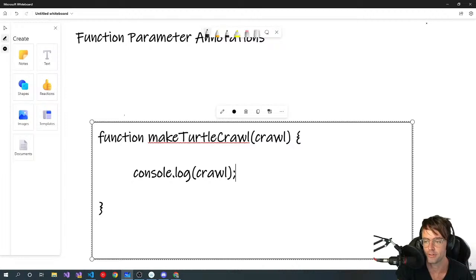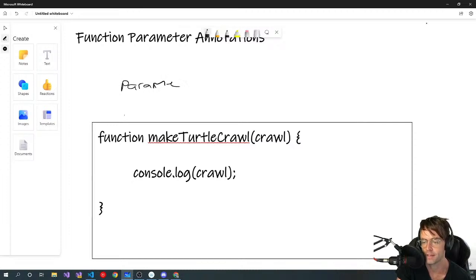The thing to realize about parameter annotations, or just functions in TypeScript in general, is that there's two things that we can do to kind of soup this thing up. We can add type checking to the parameter, sometimes called parameter annotations, and we can also add type checking to the return type. Like normal languages, yes. It's really important to be specific about what you are putting into functions, and it's also very good. No, it's not even very good. It's absolutely crucial that you be specific about what you put into functions